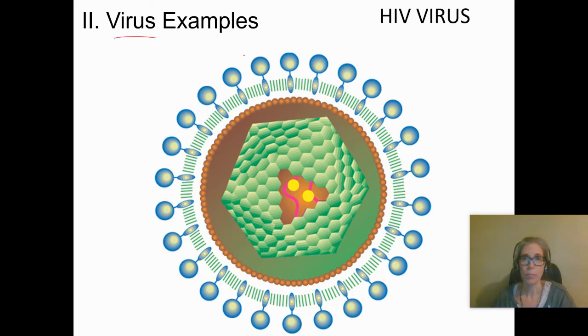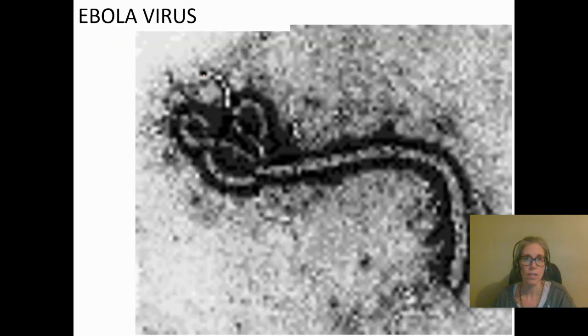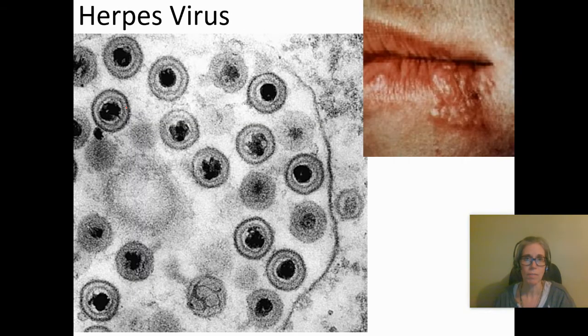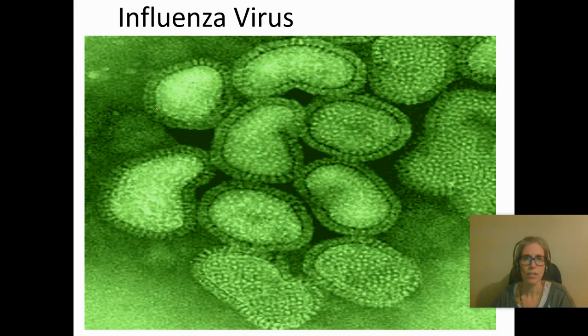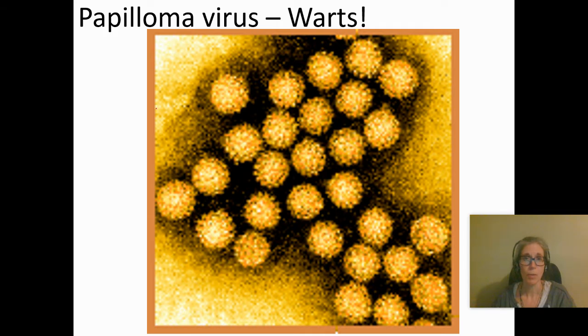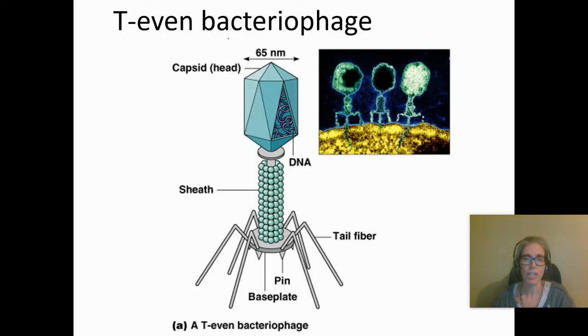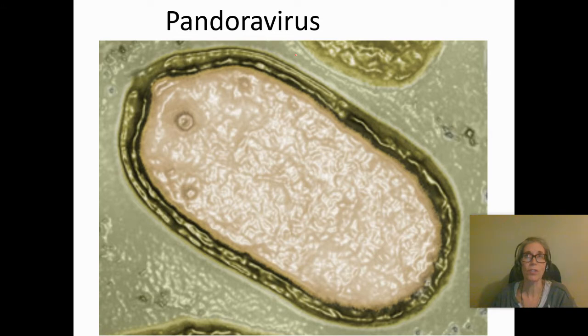Okay, so virus examples. This is what HIV looks like, the virus that causes AIDS. This is what the Ebola virus looks like. This is what the herpes virus looks like. Adenovirus, influenza virus, papillomavirus, bacteriophage. Any virus that infects a bacterium is called a bacteriophage or phage, and they kind of look so cool, don't they? Pandora virus is huge, and it has more DNA than some bacteria, which is, to me, just the coolest thing